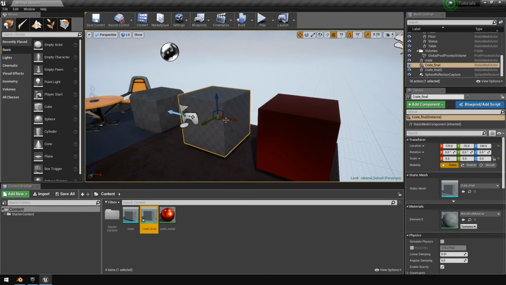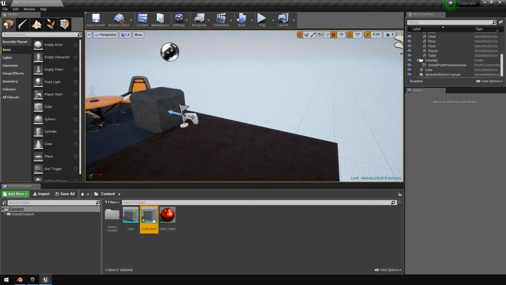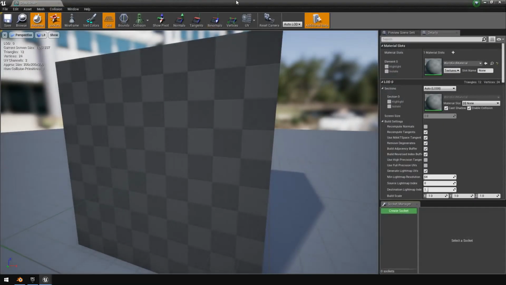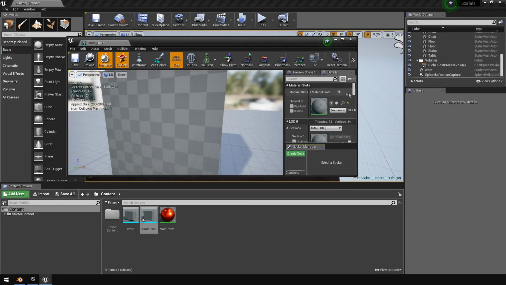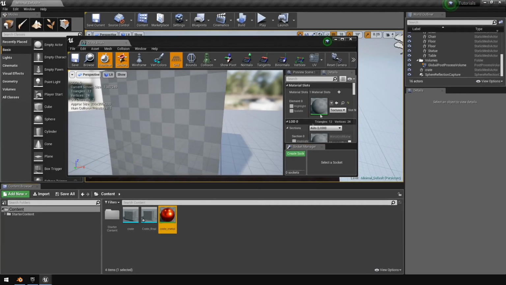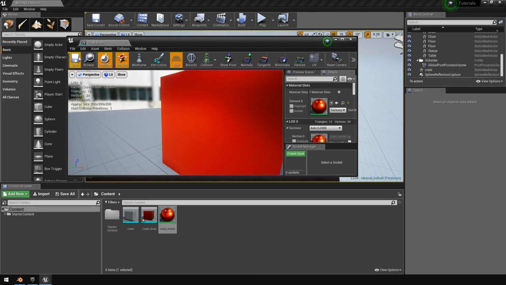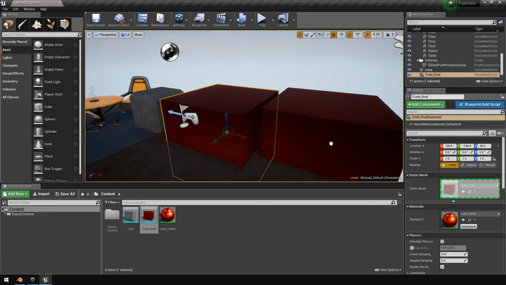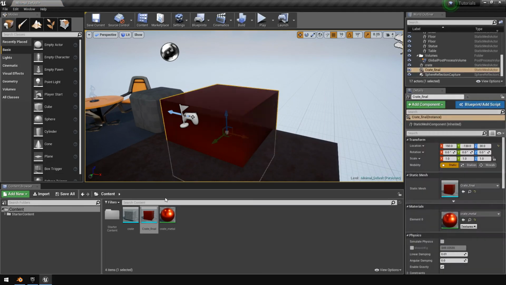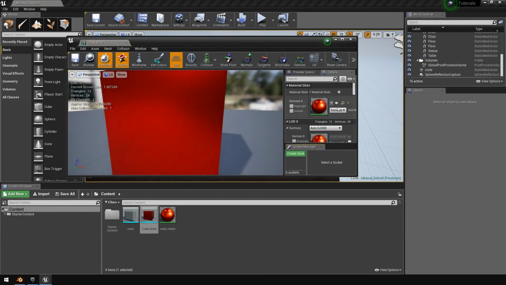Oh, it's because I had the one selected in the viewport over here. Okay, so let's just delete all of these. Okay, so here again, sorry about that. Here it's got a material slot, and if you say use that material, you click save, every cube that you drag in will use the same material. Whereas if it wasn't selected like before,